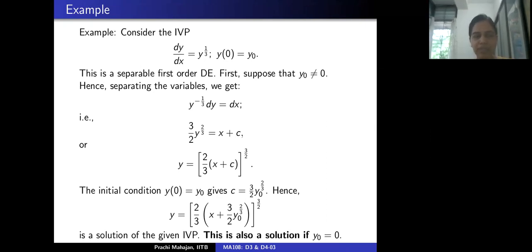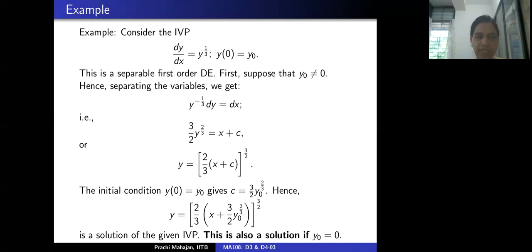That means y1 is a solution of this ODE, and y1 is not identically 0. So by assumption, y1 is a solution of, let's say, a first order differential equation. So this is assumed to be differentiable. In particular, it is continuous, so it does not assume the value 0 at a point. It will not assume the value 0 in a small interval around that point. So on that interval, you do the entire computation.